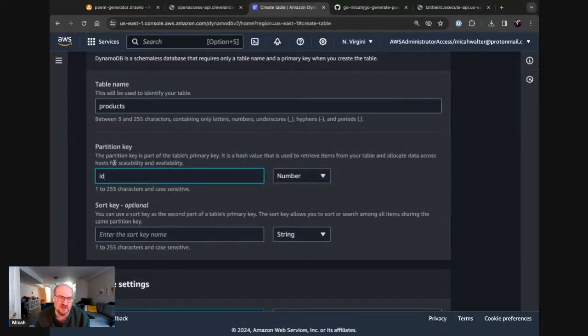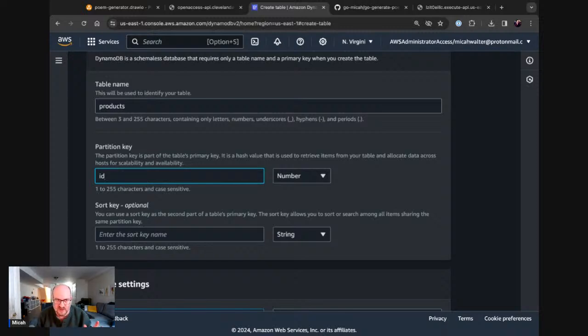overall what's called a composite key. So very often the sort key is something like a date because you can also do things like doing a query over a range. So like give me all the records that are newer than yesterday or something like that. But it doesn't have to be a date. It can be anything you want it to be. But they work together to create this idea of a composite key.